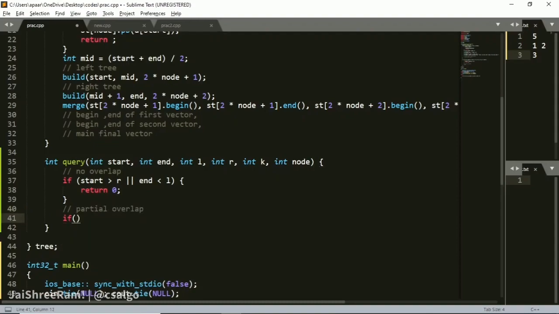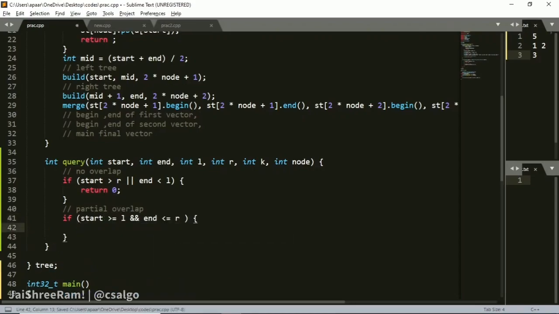Okay, so how to find if the node has a partial overlap or not? Easy. If start is greater than or equal to l, and end is less than or equal to r, then this is a partial overlap case. So what I need to return is, I have to find the upper bound of the vector that is in this segment tree node, and I have to return how many elements are greater than